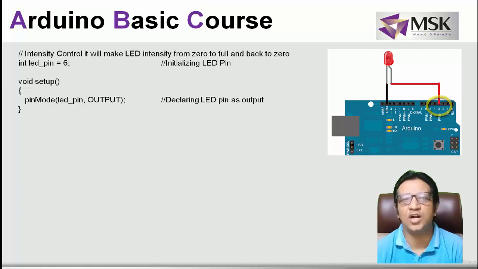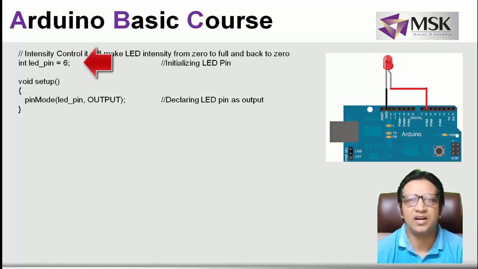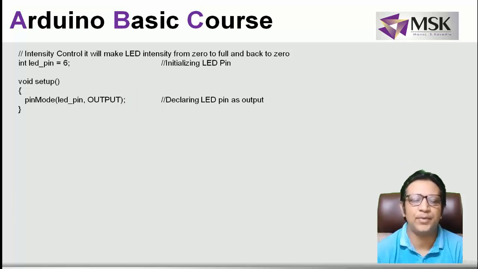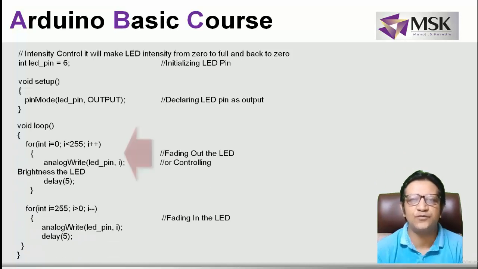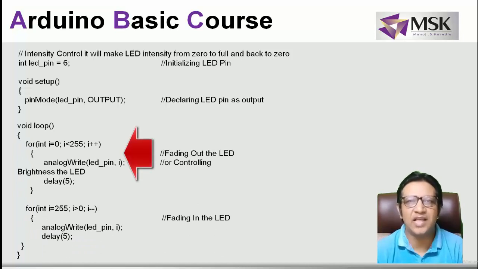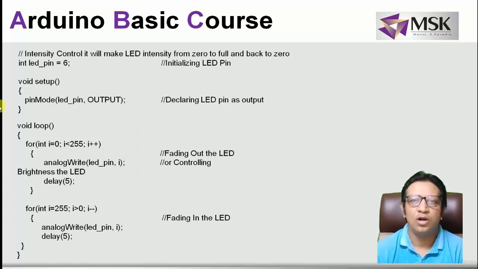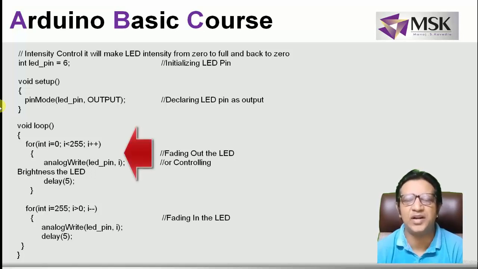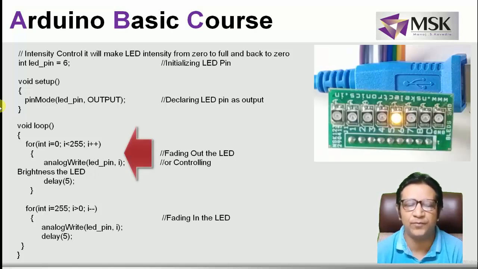Now how am I getting this smooth control? Let's see that. In this, I have connected the LED to pin number 6, which is again a PWM pin. In the pinMode function, I have set the pin as output because I have to connect the LED. Now let's see what is happening in loop. In the loop function, I have used two for loops. The first for loop is varying from 0 to 255. I have passed to analogWrite the LED pin and the intensity. But this time I have not given a fixed value of intensity; I am passing the variable i, and the value of i is increasing from 0 to 255 with a very small delay of 5 milliseconds.